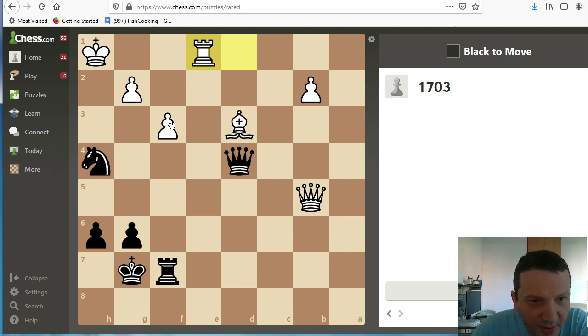We can maybe sacrifice something. Okay. Our queen is strong here on h4, attacking both king and rook. Rook is not protected so far. So can we maybe somehow